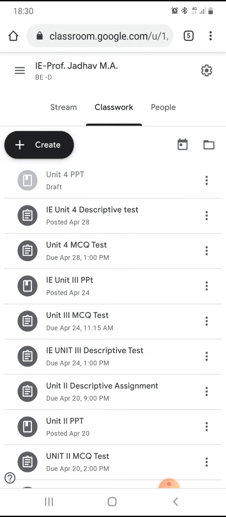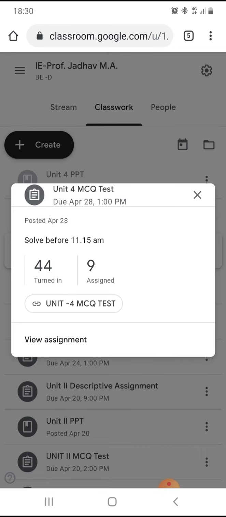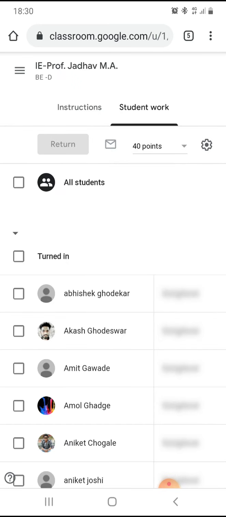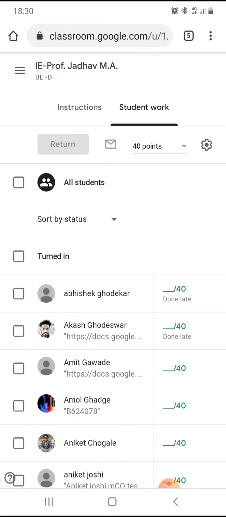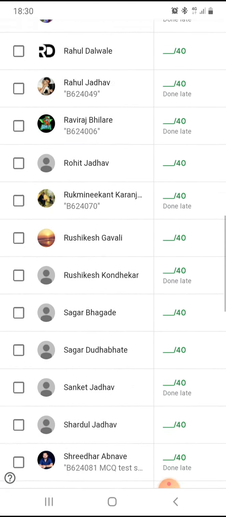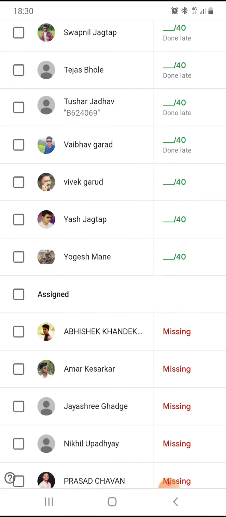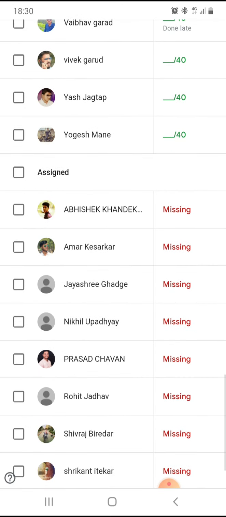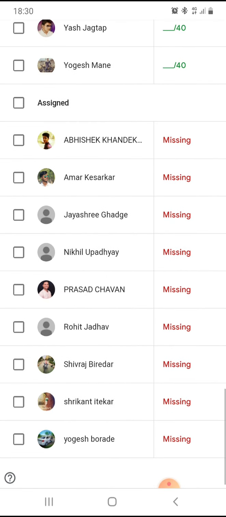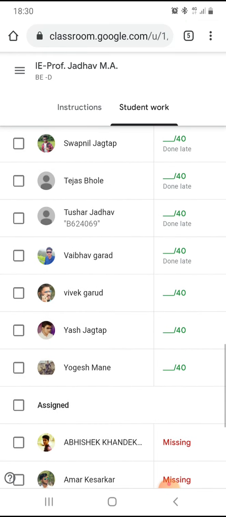I have assigned this one MCQ test. I will show here. Okay, I have assigned these, students have solved this. So view the assignment, right? These number of students have solved this assignment, and these following students have not solved this assignment, so they are shown by a red line, that there is something missing.